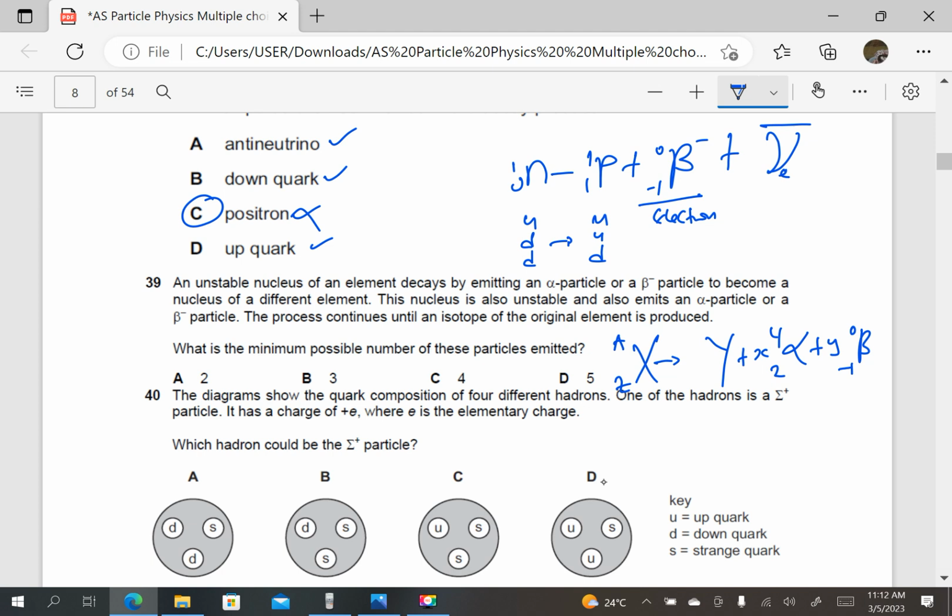So it is going to emit alpha particles, and it goes back to the original element, so that it is an isotope, so this is going to be Z. So to make sure that